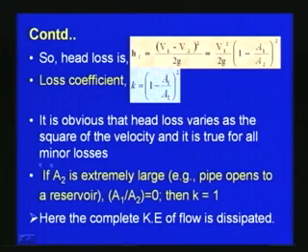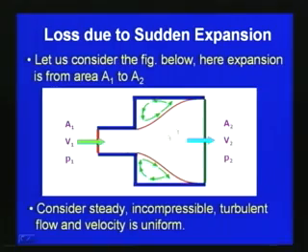all minor losses. If A2 is extremely large, like a pipe opening to a reservoir, then A1 by A2 will be 0, and we obtain k equal to 1. Like that we can find out for various cases of expansion. So, k is equal to 1 minus A1 by A2 all square, where A1 is the cross section at the smaller section, and here the expanded section